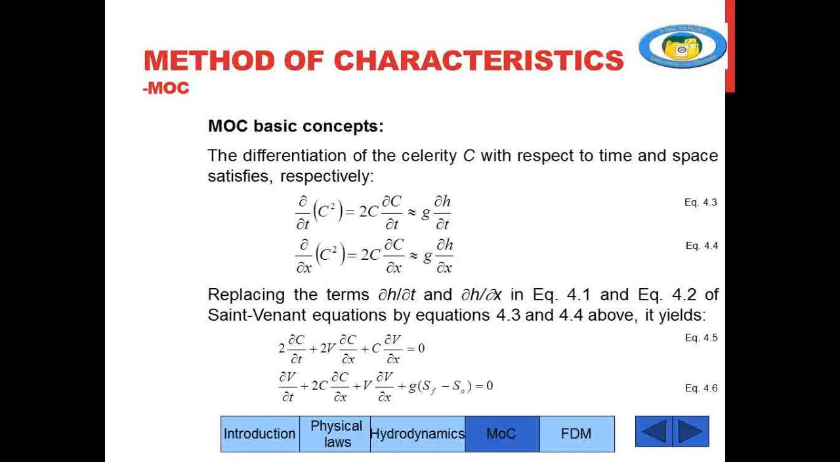Similarly, if you partially differentiate C squared with respect to X, then you'd obtain 2 times the celerity, partial derivative of celerity with respect to X, which is approximately equal to G times the partial derivative of the flow depth with respect to X. Now, if you try to multiply in the earlier equation, in equation 4.1 and 4.2, first, if you multiply equation